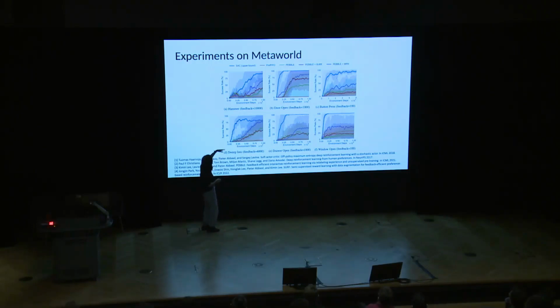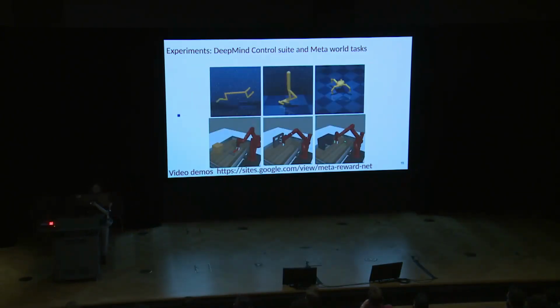The y-axis is success rate, and the x-axis is the environment steps, or the number of steps that this agent needs to interact with the environment. In reinforcement learning training, we usually measure the number of environment steps, because we want the agent to interact with the environment as little as possible, for sample efficiency. In general, this purple line performs better, learning faster and better in different tasks. And here are some demos.